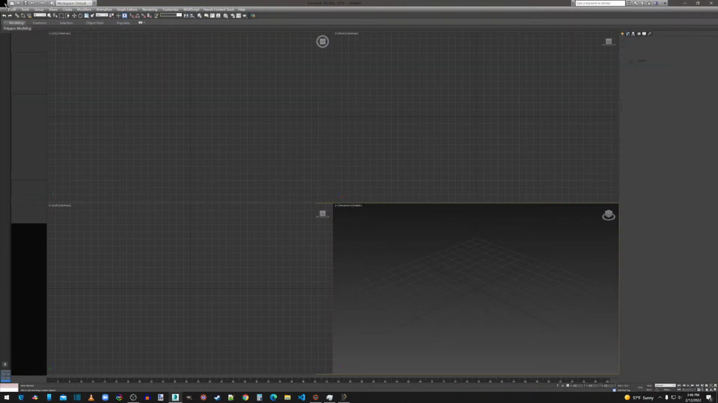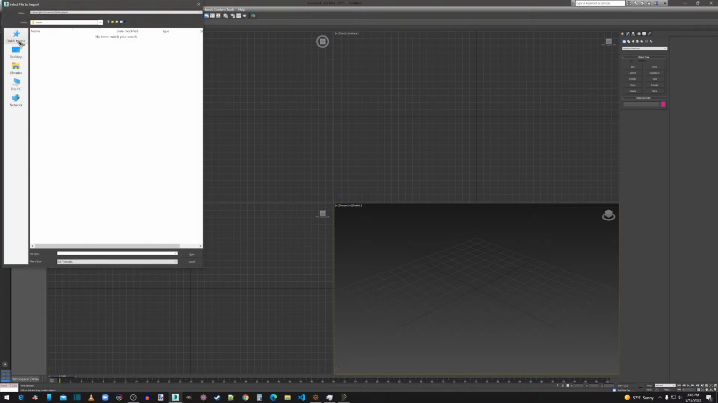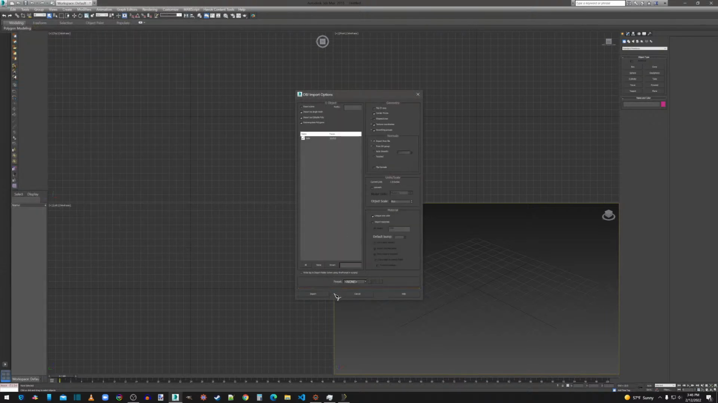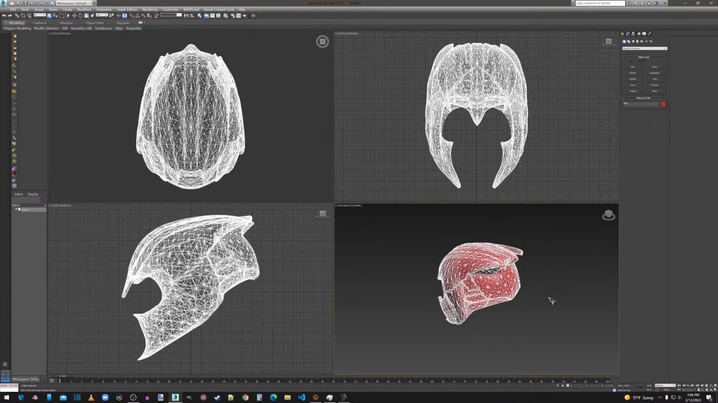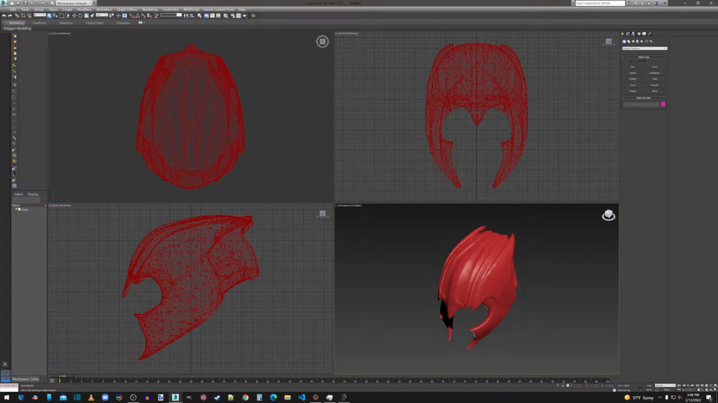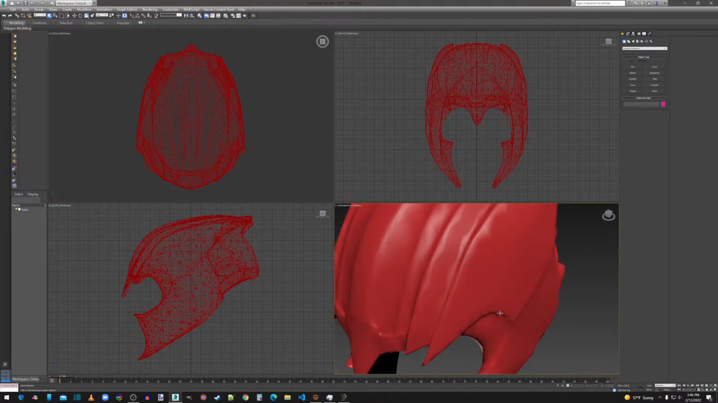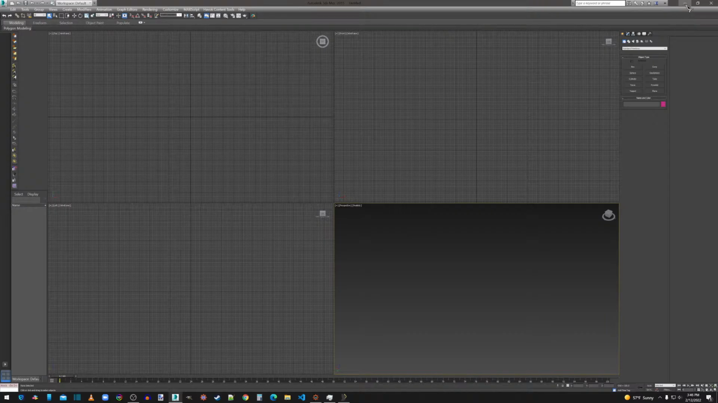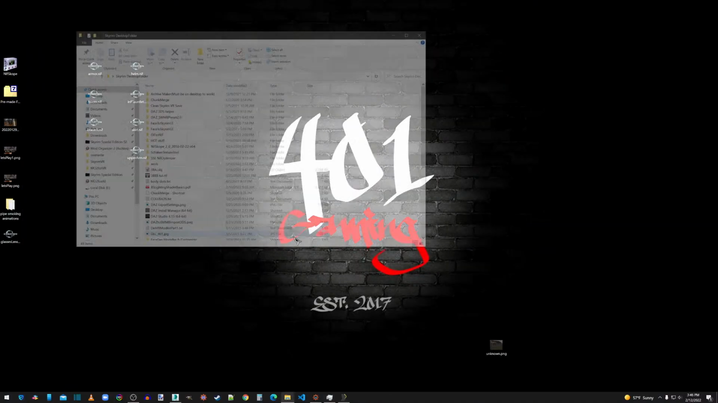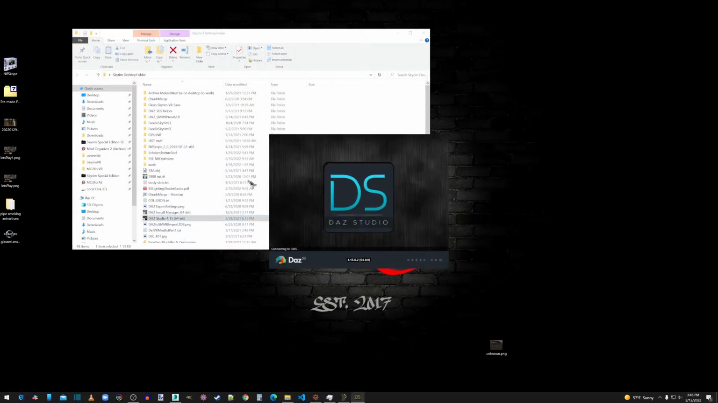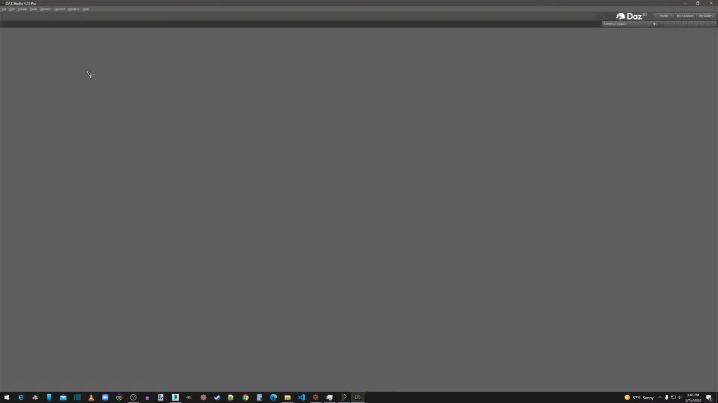Come on. And we're going to go there, there. Yeah, you can see it. The helmet looks like junk. Alright, I'm going to have to re-pull that out of DAZ, because that didn't come out right at all. I just have to pull the OBJs. The helmet and the